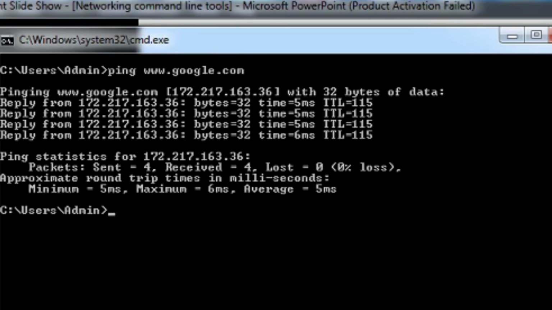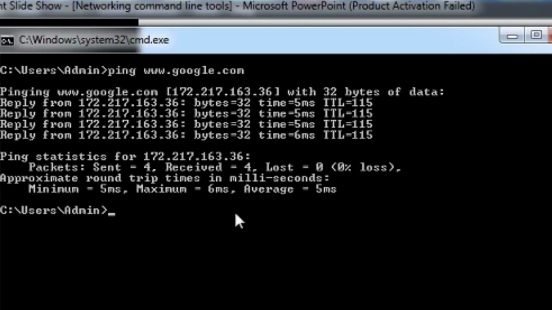When you type this command, ping will quickly send 4 data packets to the server and wait for a reply from the server, right? When the server sends the data packets back to us as a reply, this reply is called an echo request reply. Here we send 4 data packets and we receive 4 data packets and there is no loss of connections, 0% loss, right? So that means there is connectivity between our system and the server. Okay, so there are no connectivity issues.